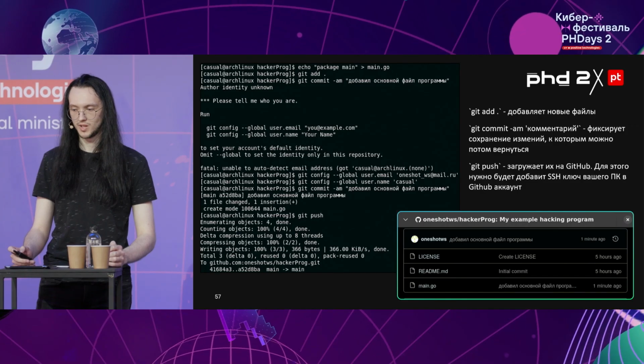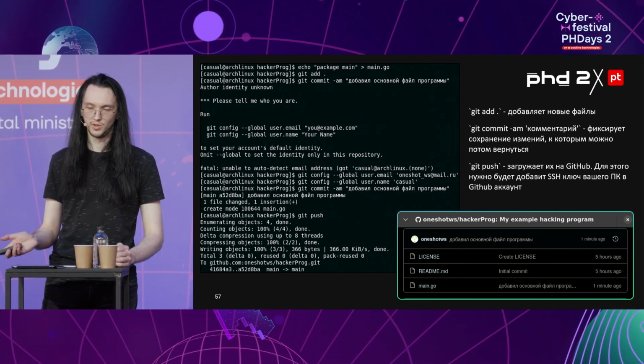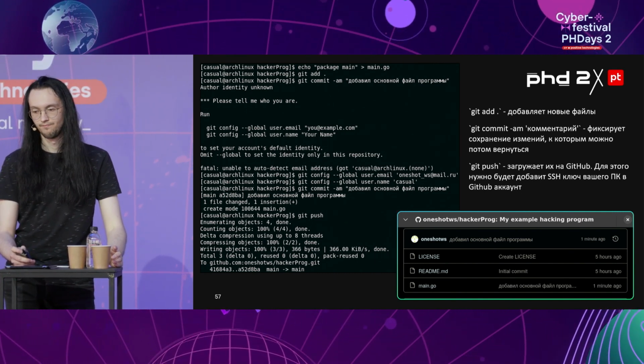You add a change to the repository using git add. And if you put a dot, then all of the files in the folder are added. Then we submit those changes with git commit, with a comment to the change if needed. However,